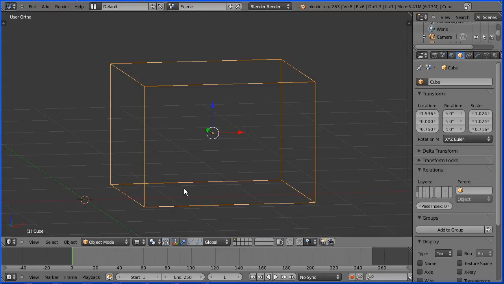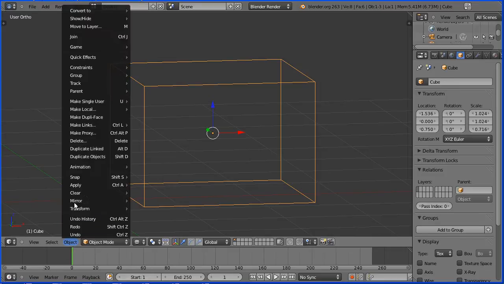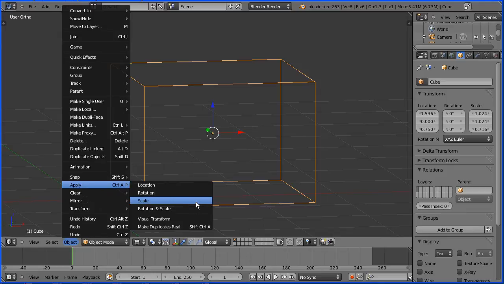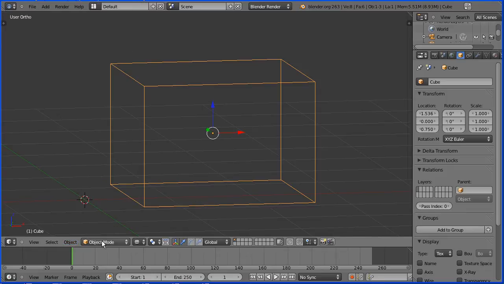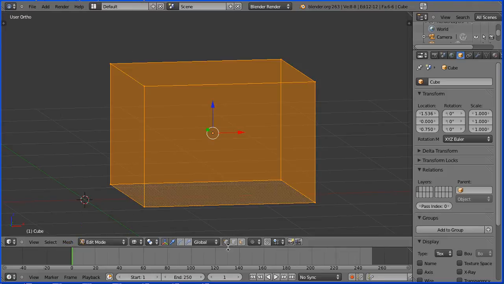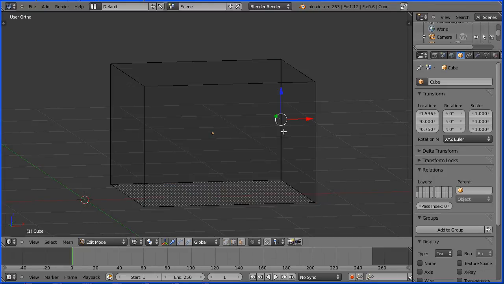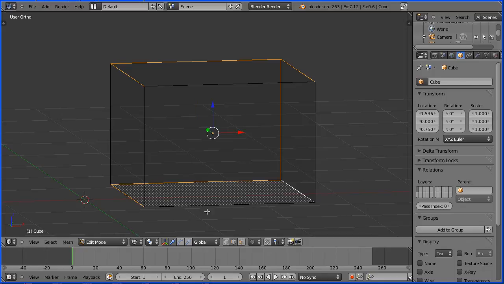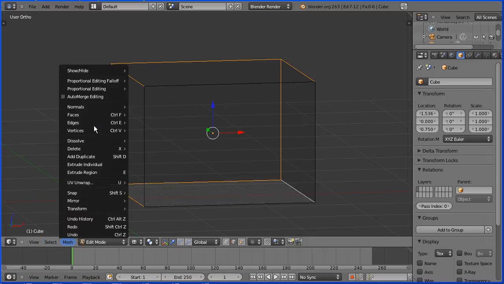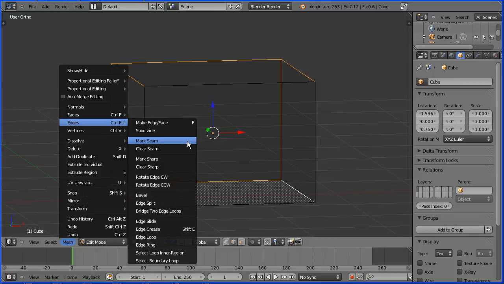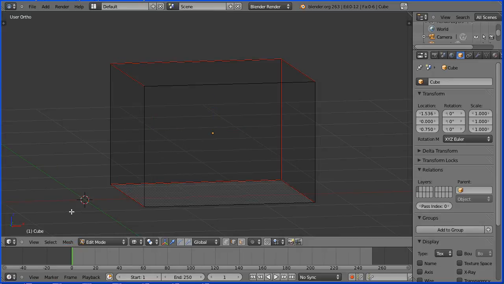I need to go into edit mode, but before I do that, in the object menu I'm going to apply scale. Now I'm going to go into edit mode and into edge select mode, select the vertical edge, hold down shift and select the 3 top edges. I'm still holding down shift, select the 3 bottom edges, mesh edges, mark seam, press A twice to select all,